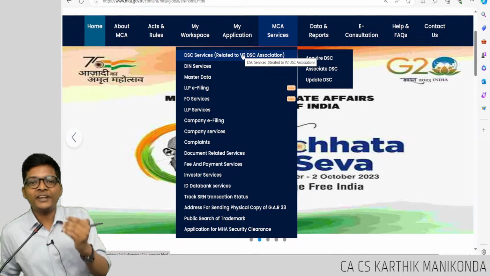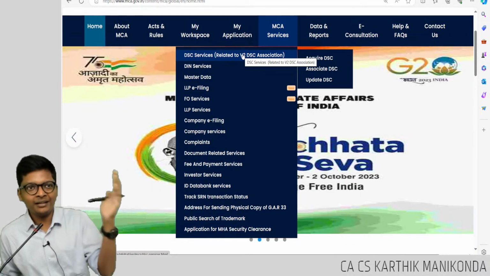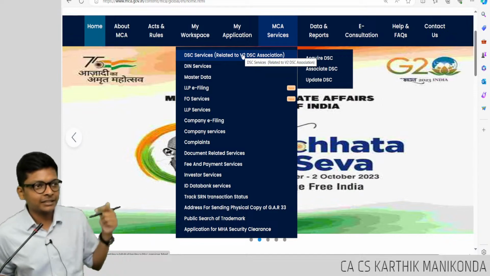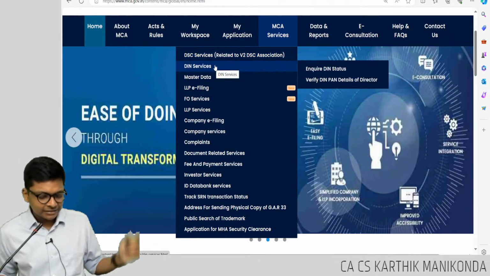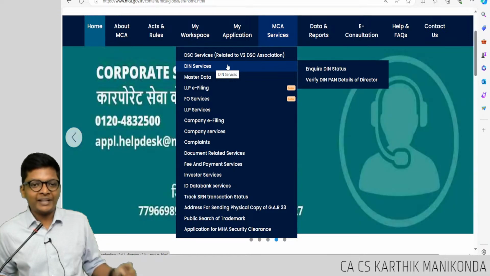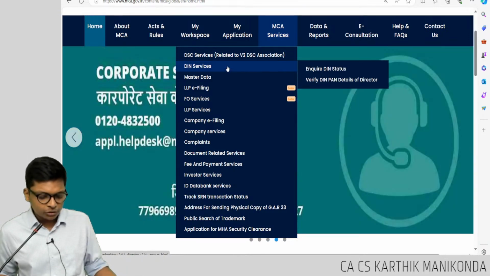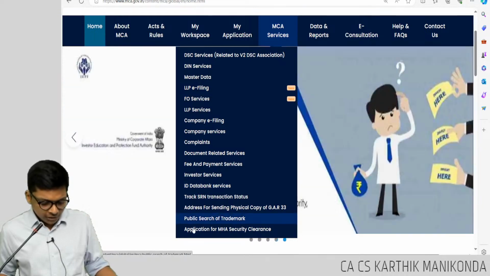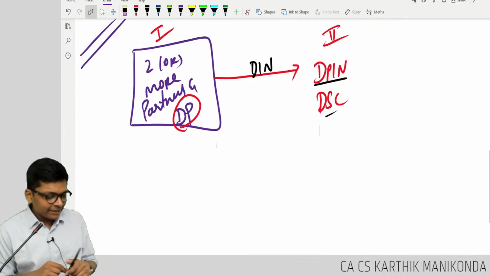Just like how you create a Facebook account, Instagram account. Go here, self-explanatory. Give your details, it will come. Then can you see DIN service? Inquire DIN status. Verify DIN PAN details of director. You have to apply for these two. Are you following, guys? So once you apply for this and once you get these two,